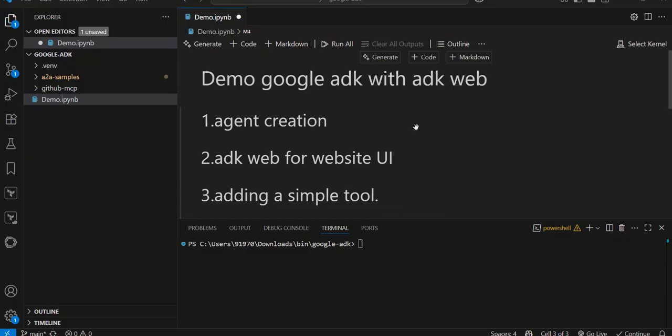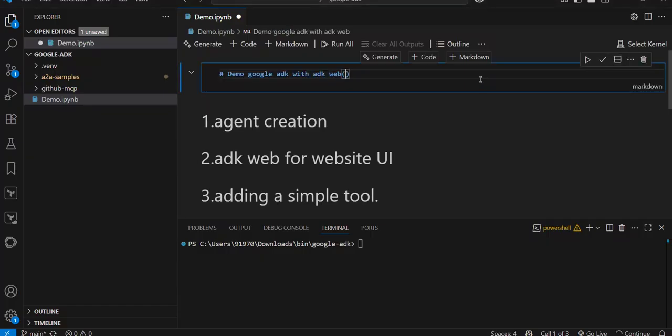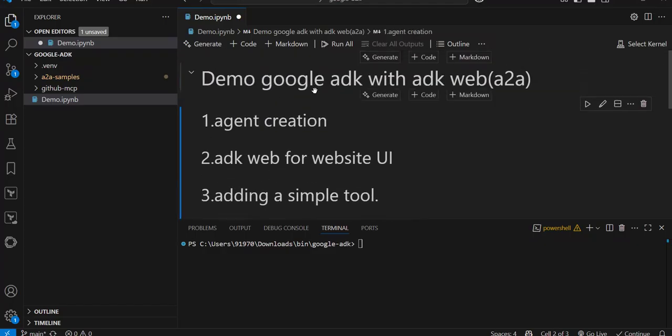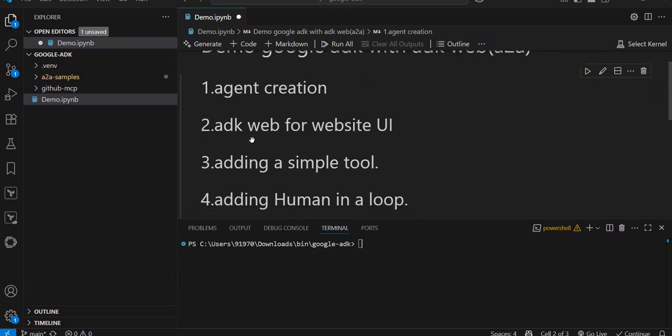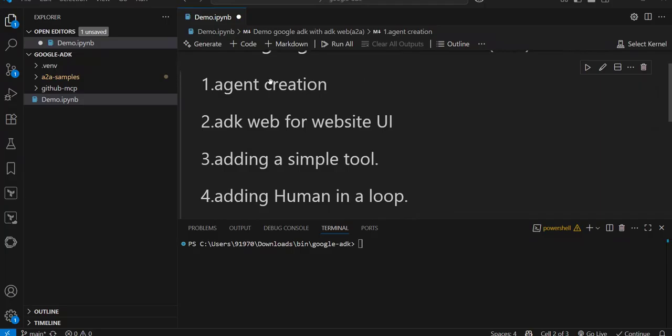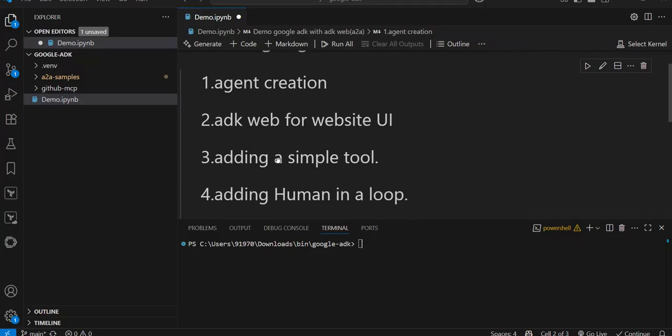In this video, I'm going to explain a demo on Google ADK with ADK Web. It will also cover A2A. In this, I'll show you how to create an agent and how to interact with that agent using Web UI by launching that agent through ADK Web, and I'll show you simply how to add custom tools to it,